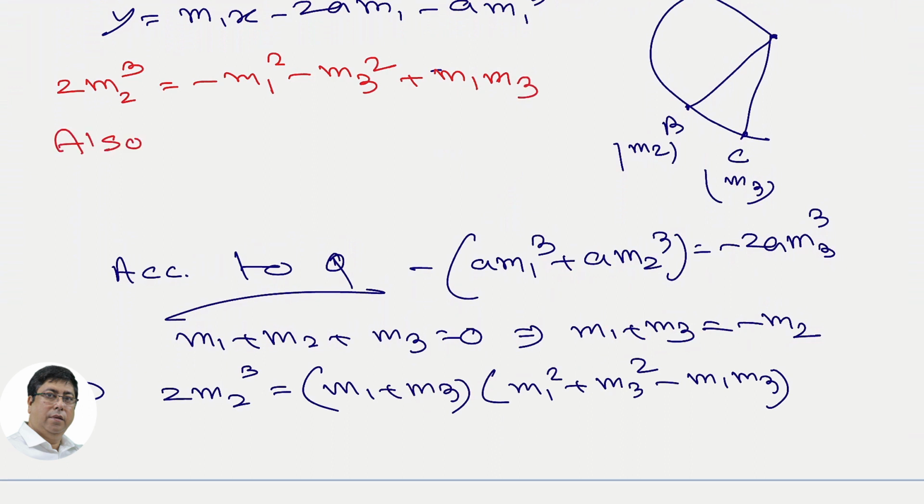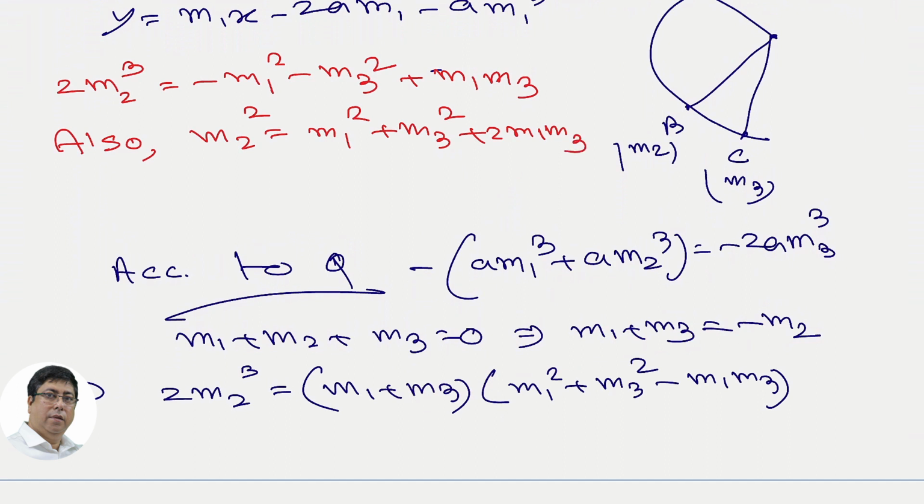Also we know that m2 square equal to m1 square plus m3 square plus 2 m1 m3,